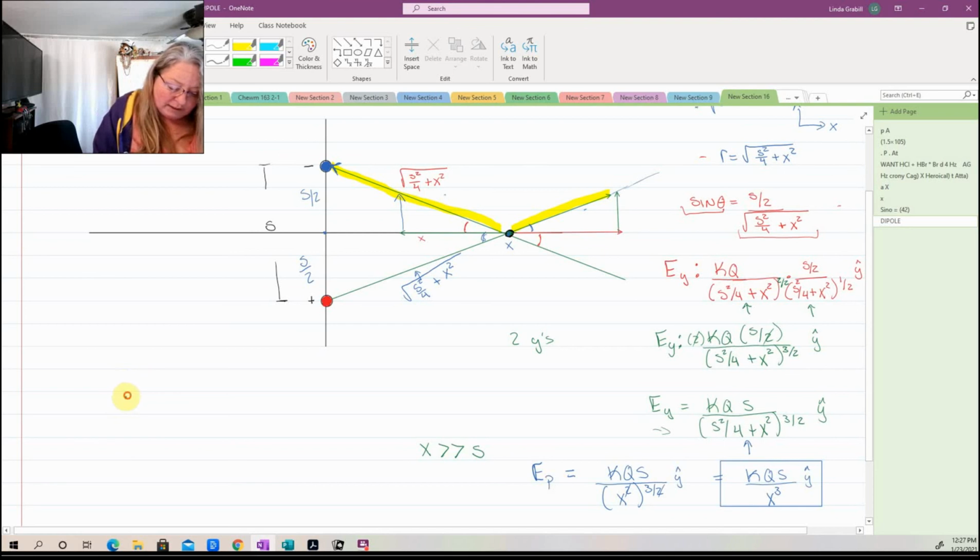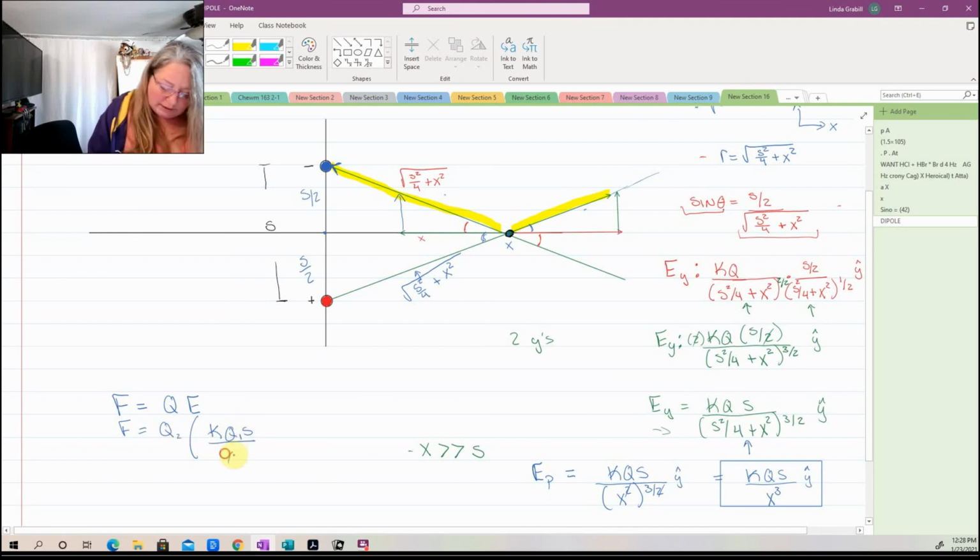So force then is going to be some external charge, some other q, interacting with the electric field of the dipole. So if we are at a distance x much greater than s, then the force would be whatever this external charge is that's interacting, times this dipole piece, kq s, let's call this 1 and 2,